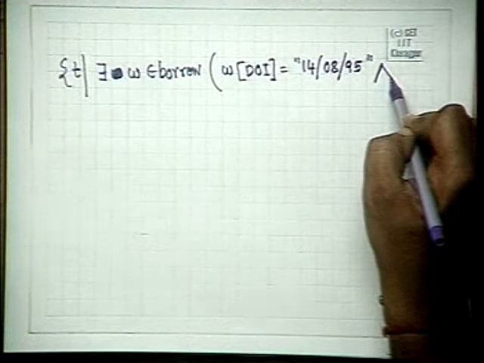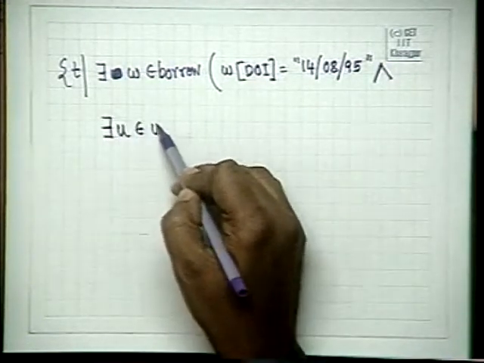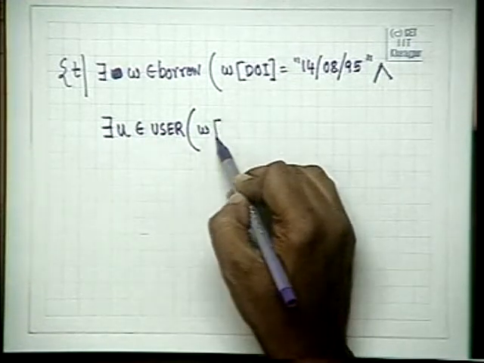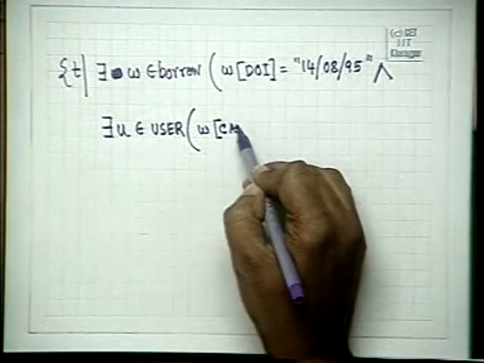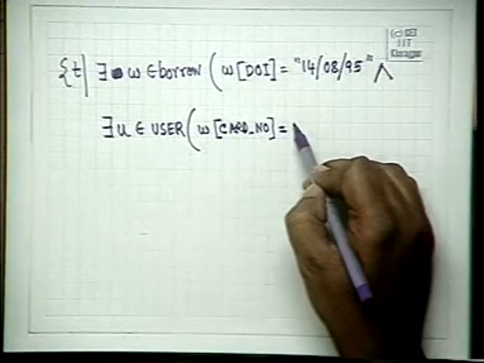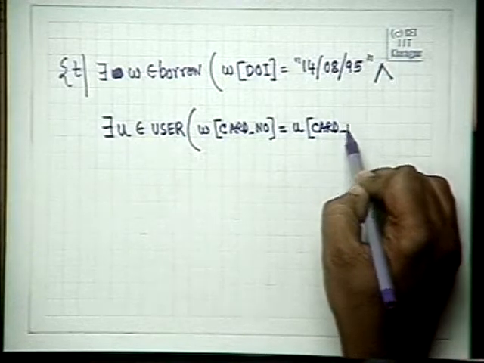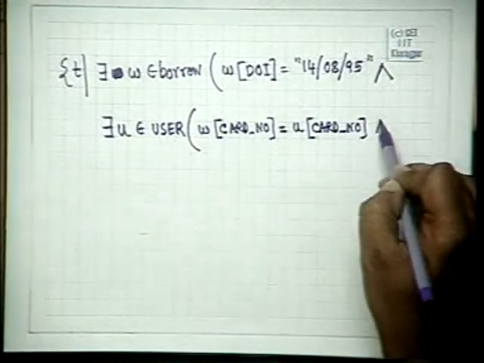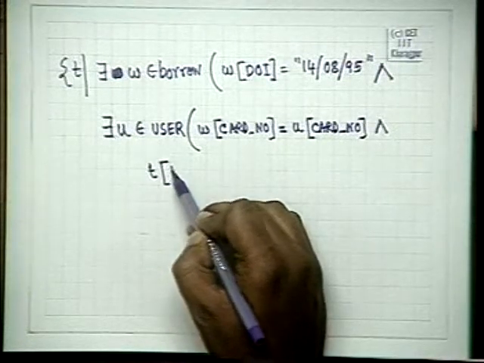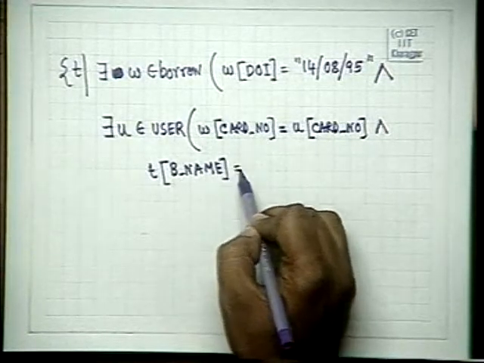and there must exist some U element of user such that W card number must be equal to U card number and T of B name is equal to U